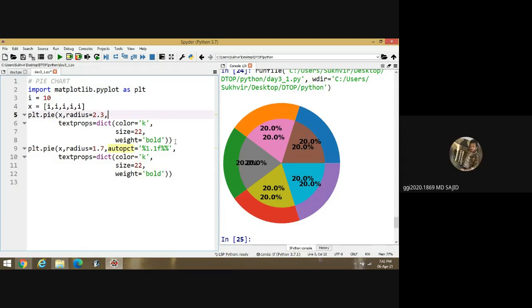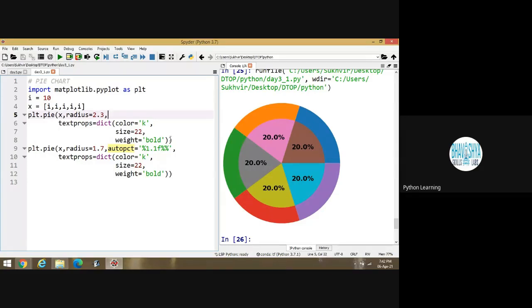Why did the color become different in this one? Look at this. The color will be different, right? First combination is different and second combination is different because I am going to introduce one pie chart in another pie chart. If the color remained as it is, you couldn't identify one pie chart inside another. It's by default there, inside the pie chart.